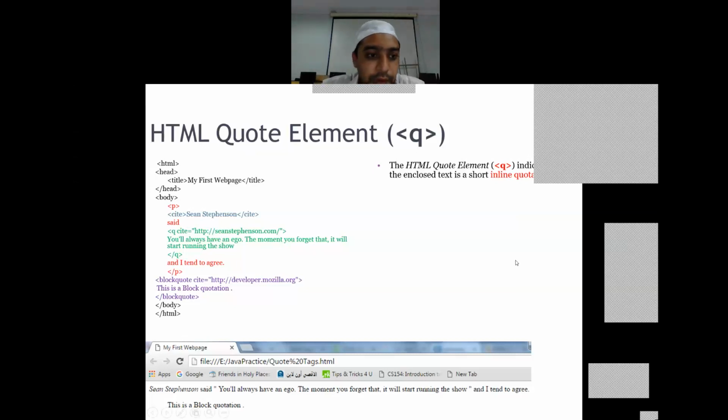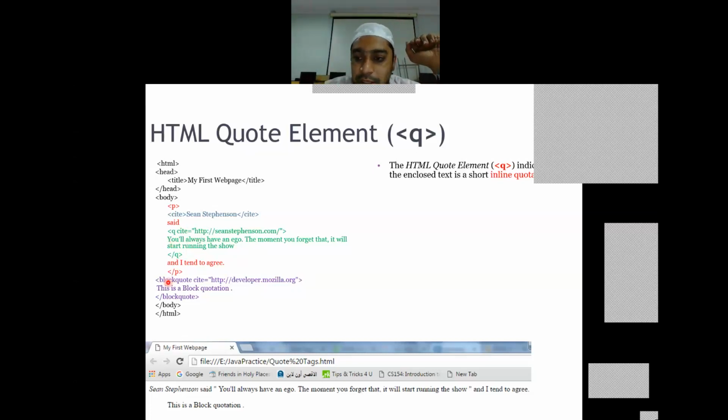Okay, fine. So just as a recap, we have the cite tag, which was used to make the name of the author appear in a slanted, italic order. As well as for quotation, we have two separate tags. One was the Q tag, which lets you put the quotation message in double quotes.